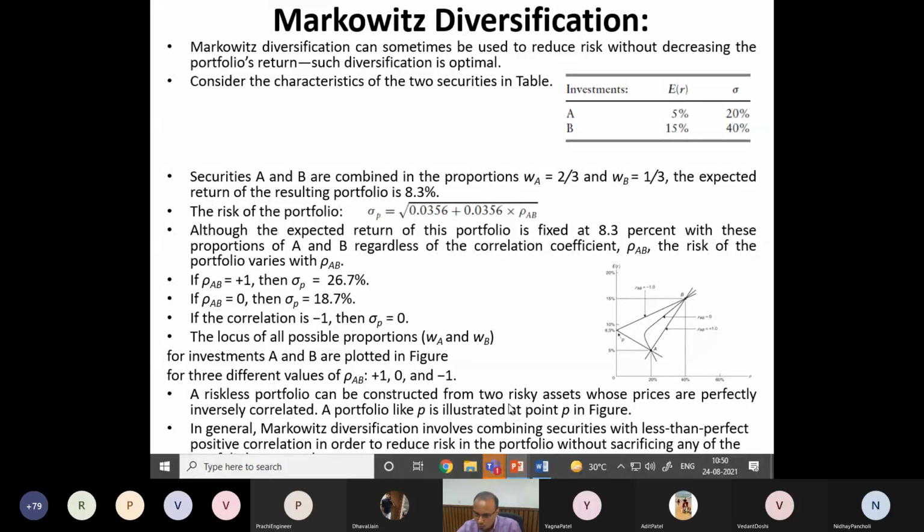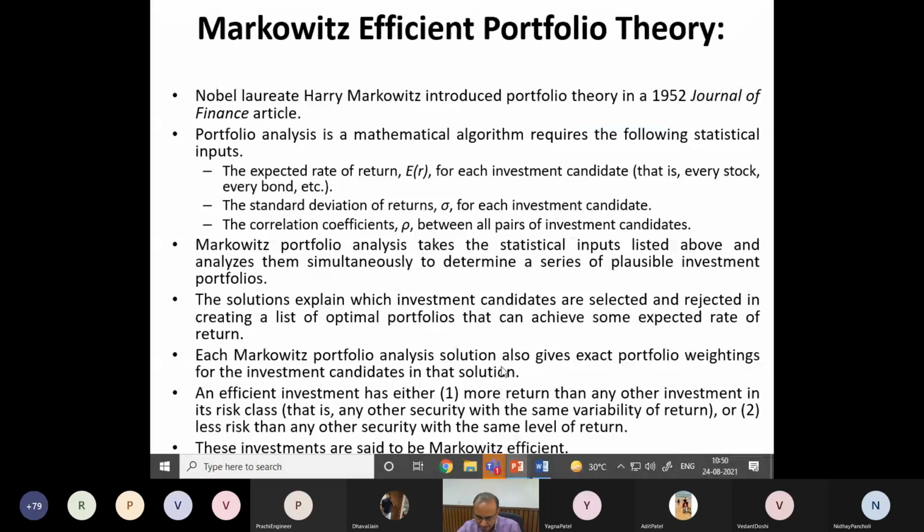So today we complete our session with this comment, and in the next session we go with the definition of the efficient portfolio, and that was given by Markowitz in 1952 in an article in the Journal of Finance, right? It was published in one article in 1952, and then so many modifications were done and so many papers were published based on this. It was pioneering work by Markowitz, and for that he won the Nobel Prize. So from the next lecture onwards, we concentrate on Markowitz's work, and then subsequent researchers have proposed other things.